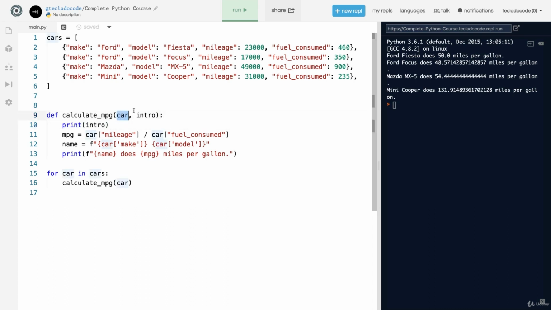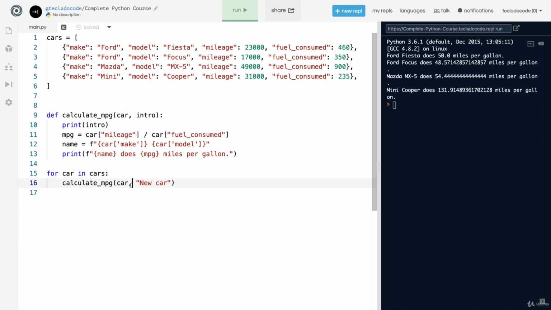You put one parameter name first, and that is going to be a new variable that gets created when the function gets called, and then a comma, and then another variable that will be created when the function gets called. Now this function needs 2 arguments because it has 2 parameters. So down here,